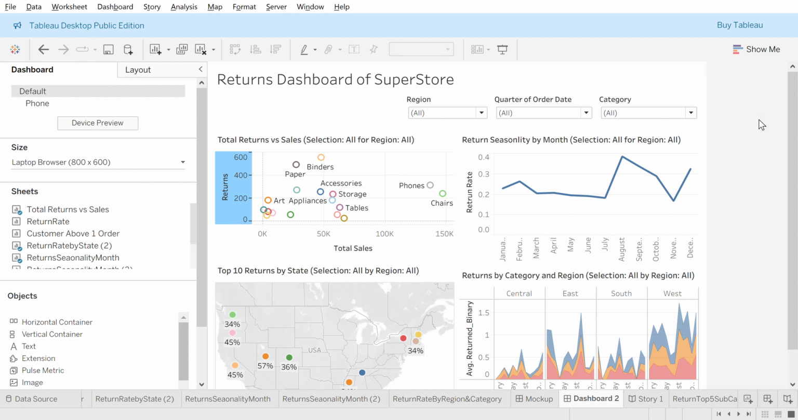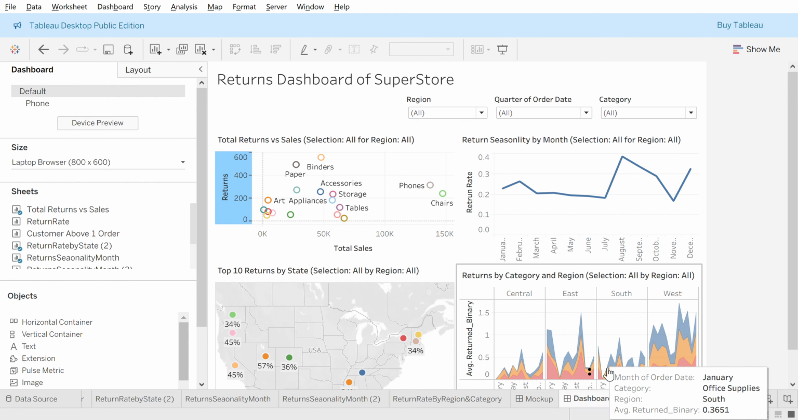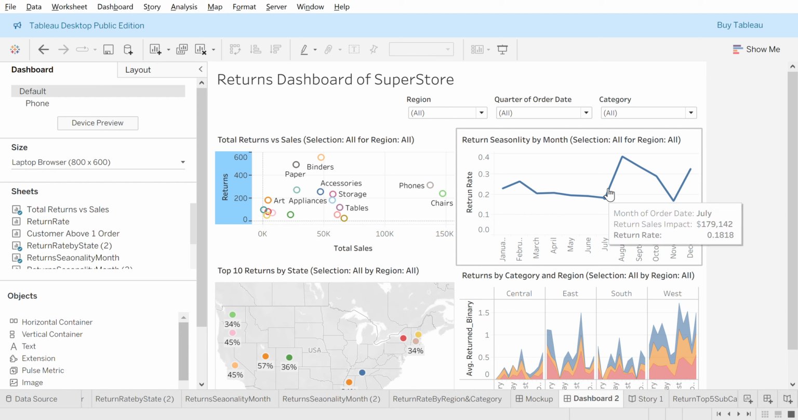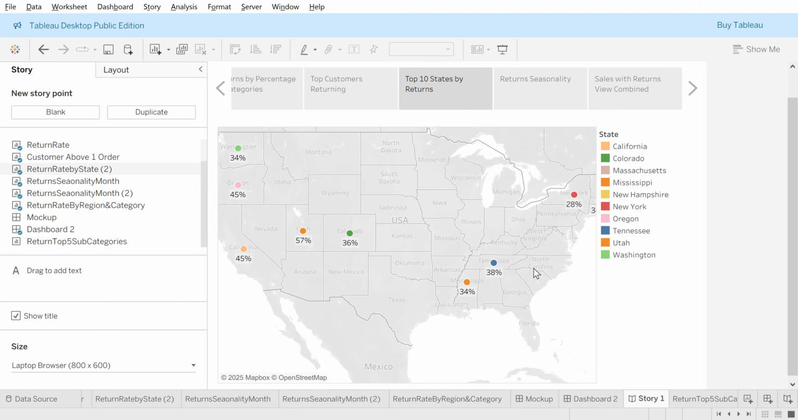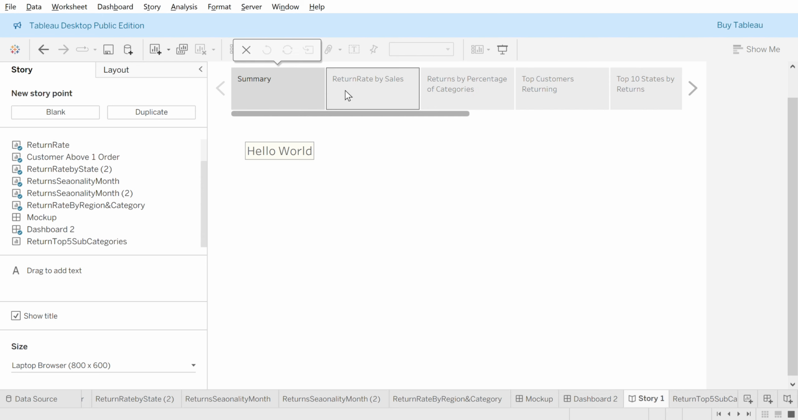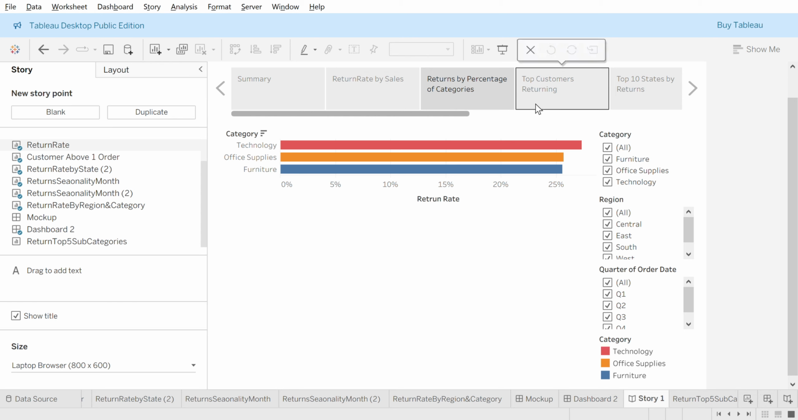Here I have used three filters, which are region, quarter, and category. So you can play with those filters and the selection. The views will change based on your data selection. Here is the storyboard where I have added all of these stories, and I will be